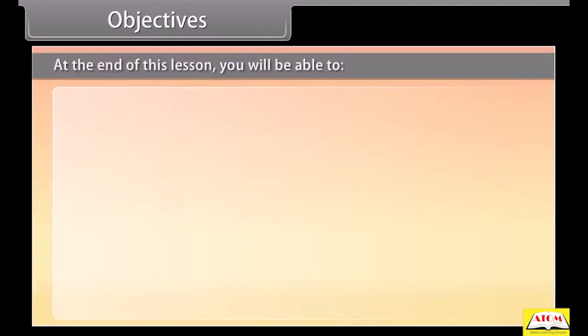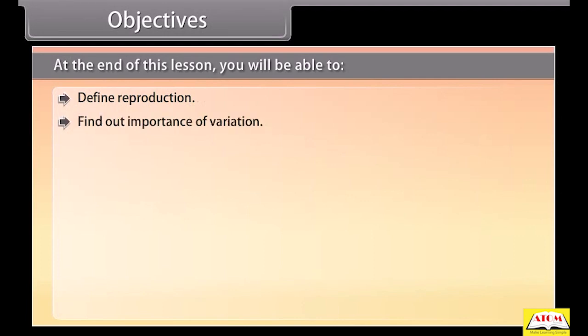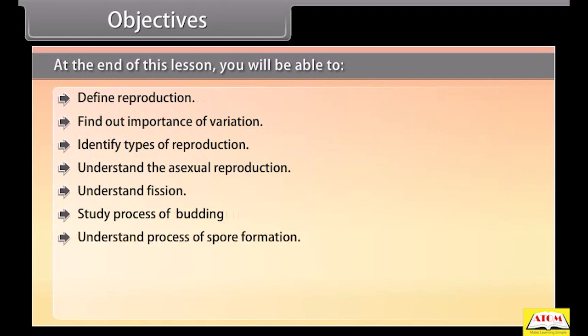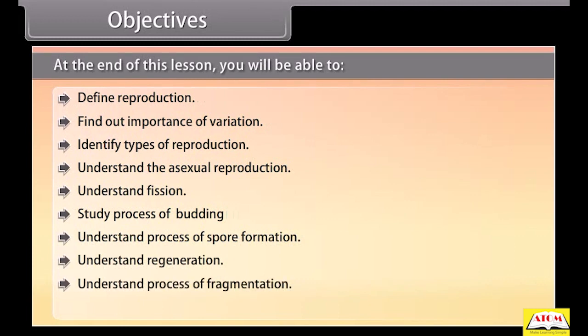Objectives. At the end of this lesson, you'll be able to define reproduction, find out importance of variation, identify types of reproduction, understand the asexual reproduction, understand fission, study the process of budding, understand process of spore formation, understand regeneration, understand process of fragmentation, find out vegetative reproduction,